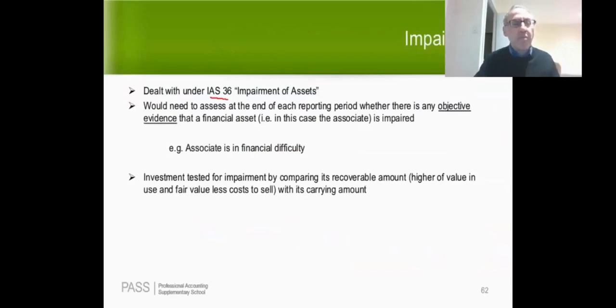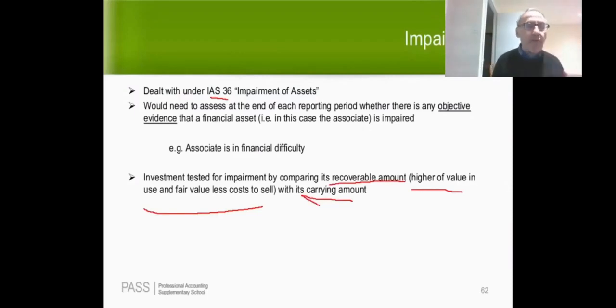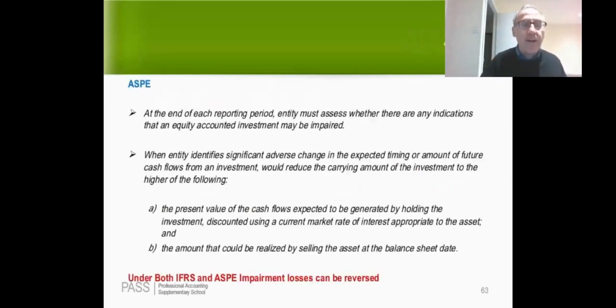How would you test for impairment? By comparing the recoverable amount. And again, I'm not going to reteach what Ira taught already. If you don't remember this, please go back to the lecture on impairment of assets. When Ira taught IAS 36, he would have explained to you that you would come up with a recoverable amount based on the higher of value in use and fair value less cost to sell, and you would compare it with a carrying amount. If the recoverable amount, which is based on the higher of value in use or fair value less cost to sell, is below the carrying amount, you would write down to the recoverable amount. And again, I'm not going to go through this with you again because it's been covered.